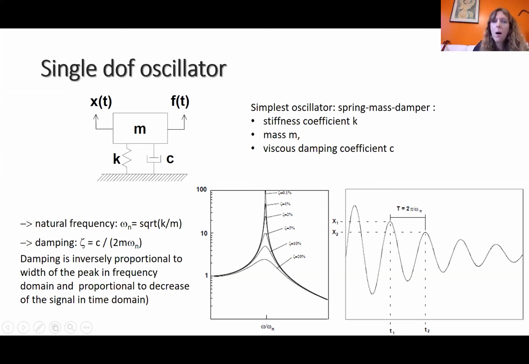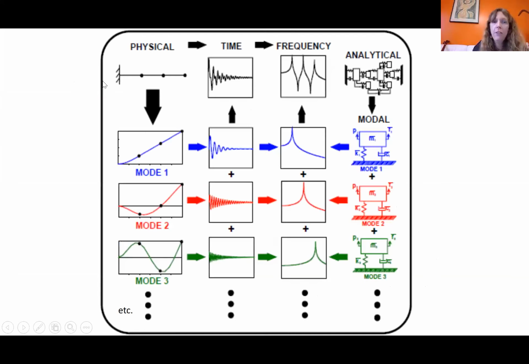Basically, if we have a physical structure here, so here it's just a bar or a string, you can see different resonance frequencies. Here we have mode 1, mode 2, mode 3, and usually you have a very high number of modes. We can look at it in the time domain. So that's the response if you excite the structure, a complex response. It can be decomposed as the response of the first mode, the second mode at a higher frequency,